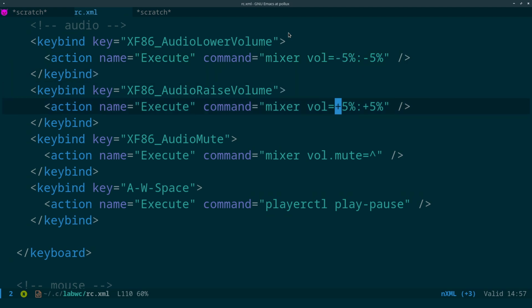So that lowers it by 5. And then we've got raise to raise the volume. Again, you can choose a different increment. And then we've got mixer vol.mute equals caret, and that toggles the muting. Next one that I've got down here is Alt, Super and Space, and that's using wlrctl to toggle play and pause. Basically what that does is it works with MPRIS, which is installed as an option in most browsers and can be enabled in MPV, and it allows you to communicate to the video player using a keyboard shortcut. So it's just handy to have a keyboard shortcut to play and pause